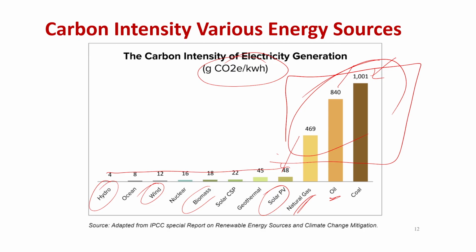But as you can see from this graph, while the world started consuming them a lot, as we discussed a couple of slides back, they are non-renewable, so they will perish if the world continues to consume them at the rate it is consuming right now. And as is very evident from this slide, they are not at all clean sources of energy, as they emit a lot of carbon dioxide per kilowatt of energy consumption. We'll look deeper into these numbers and how the world is evolving of late around them. Thank you.